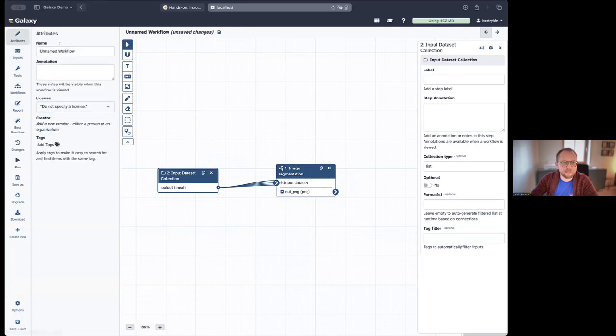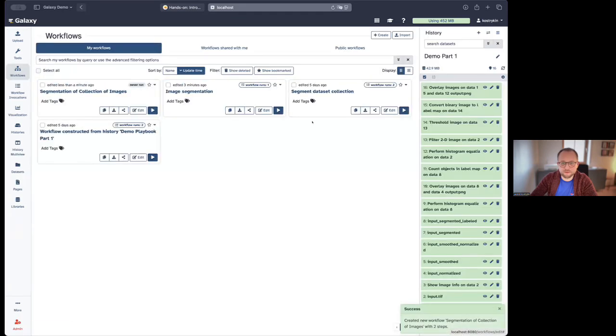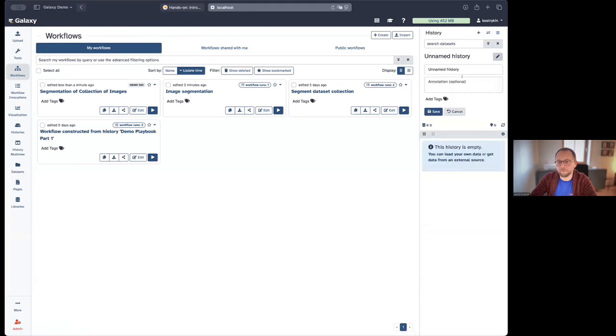Okay, I will name this workflow segmentation of collection of images. And then I create a new history, which I will name demo part 2.